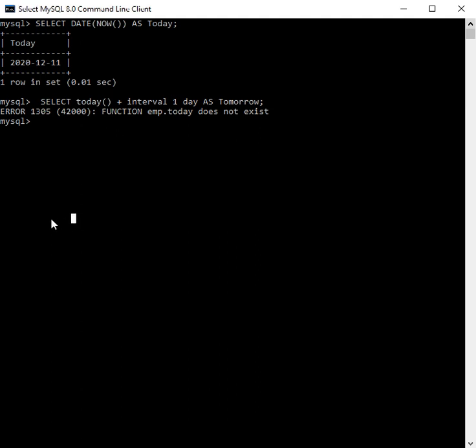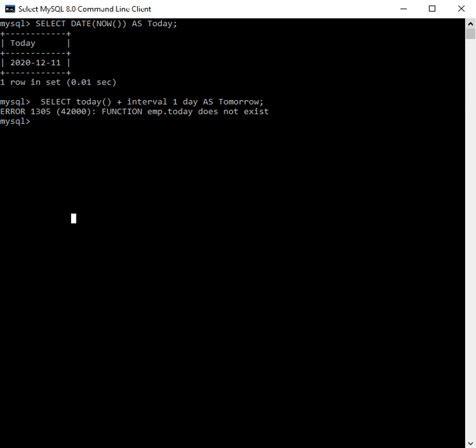For this, you first have to store this date in a variable, using a concept called stored procedures. When you store that date in a variable, only then are you able to apply this concept.